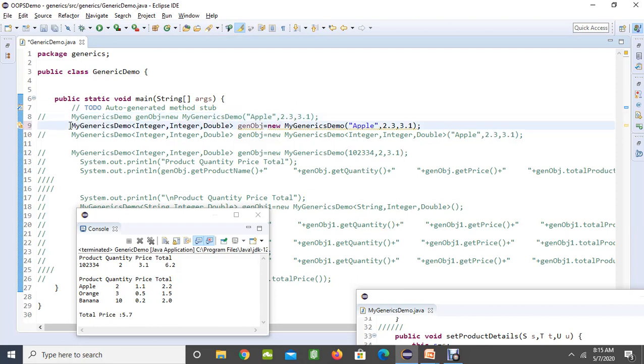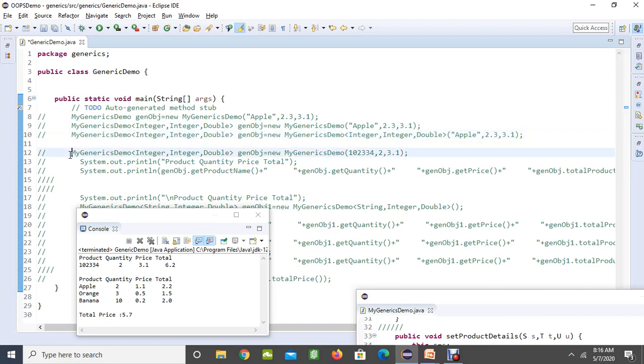So I'm going to comment this again, and now let's see. What is the way we can do it? We have to parameterize initially, and also confirm here. After you confirm here, at compile time itself, the Java compiler is going to throw an error to say it is undefined. You cannot use an integer double as a string double. So you have to use it like an integer. Okay, let's use it like an integer and see how it works.